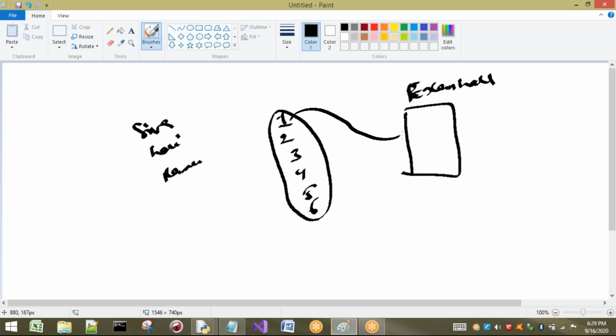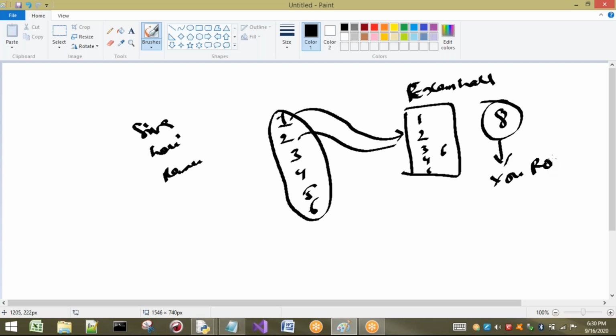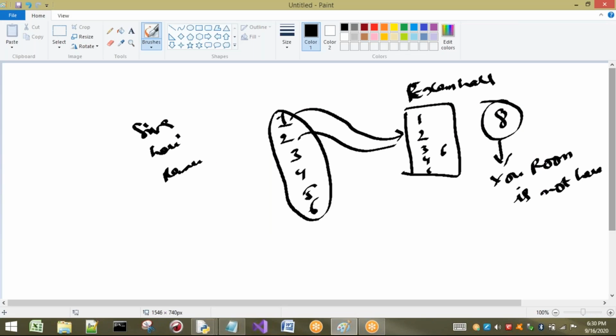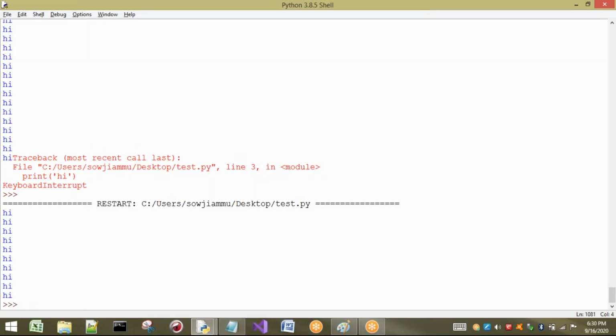So first roll number 1 will come here. What do I have to check? Whether this roll number is allocated in this room or not. I will check and I will allow him. Next, 2 came, no problem. 3, 4, 5, 6, no problem. If any other roll number comes here, what do I have to say? Your room is not here. This is the statement I have to give. This can be made by our while loop, no problem. I will write a small code for that.